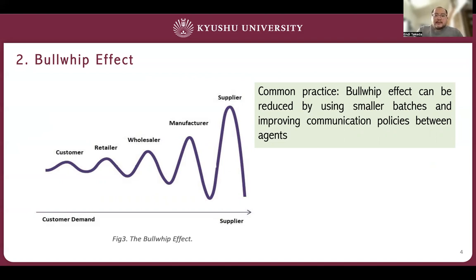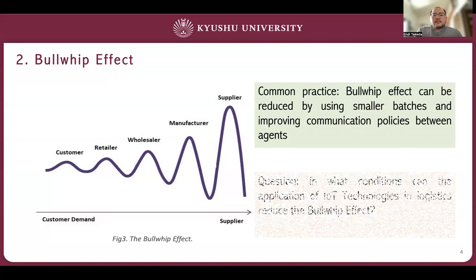The other thing is about the person delivering just in time or failing. We'll talk about the delays in shipment. These failings cause miscommunication and the need to order more. So improving communication policy between the agents also helps to avoid this and to guarantee just in time. When that happens, that also helps to reduce the Bullwhip effect.